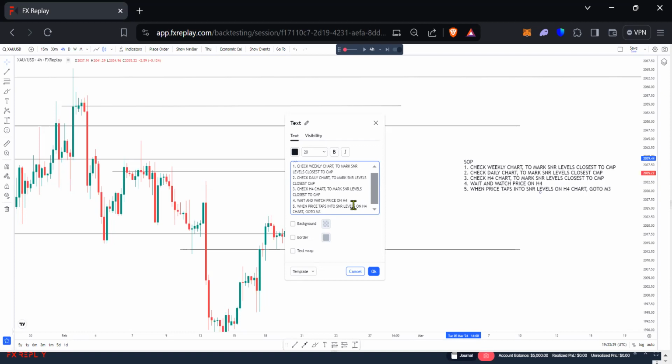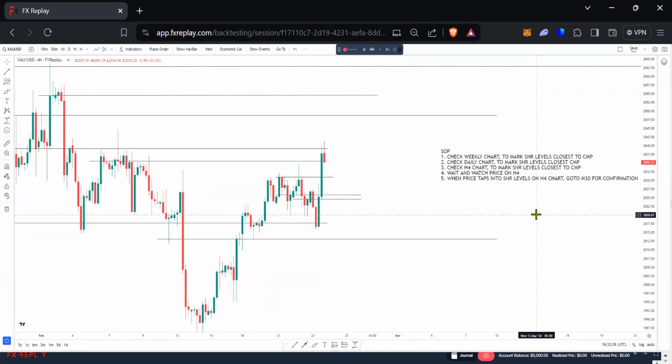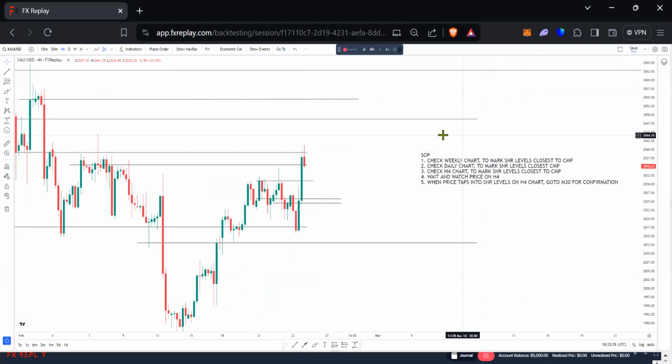You go to the M30 chart for confirmation, right? You're going to see how much patience and following these street rules can actually make us very, very profitable in the market. All right. Confirmation means that typically